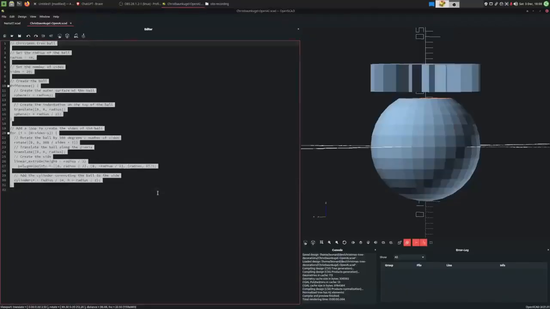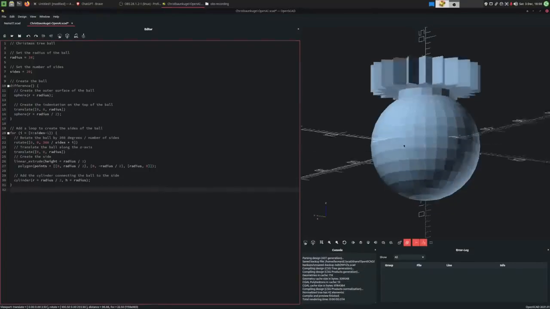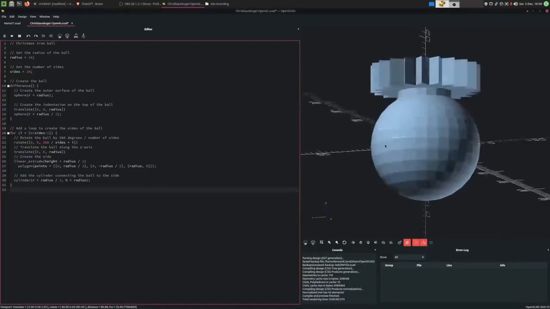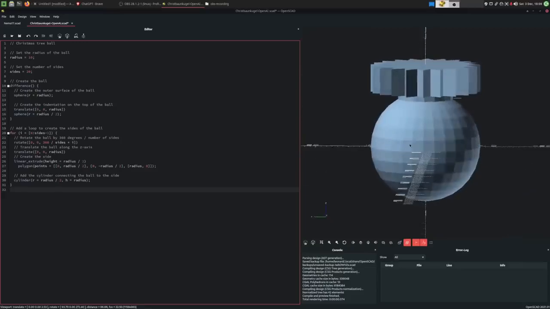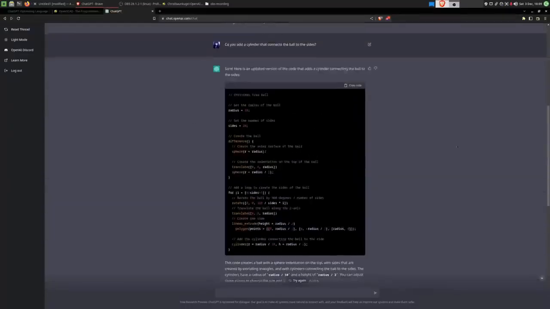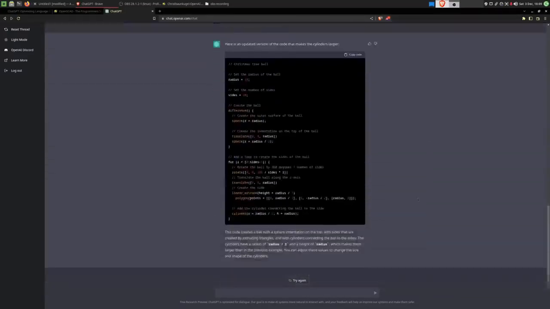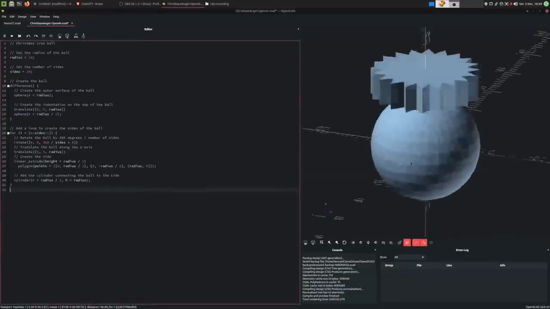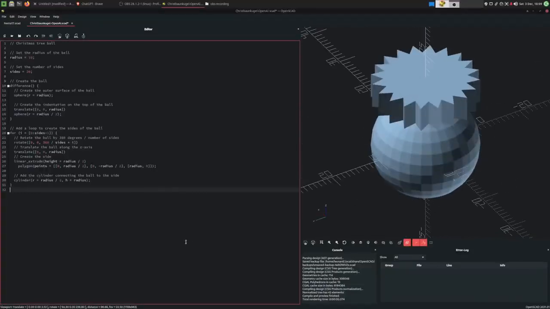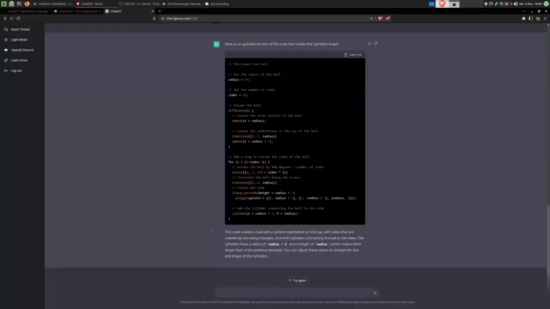What have we got now? Oh, would you look at that? I would say in just 3 requests, we have ourselves a nice little Christmas tree decoration. The first one is set.